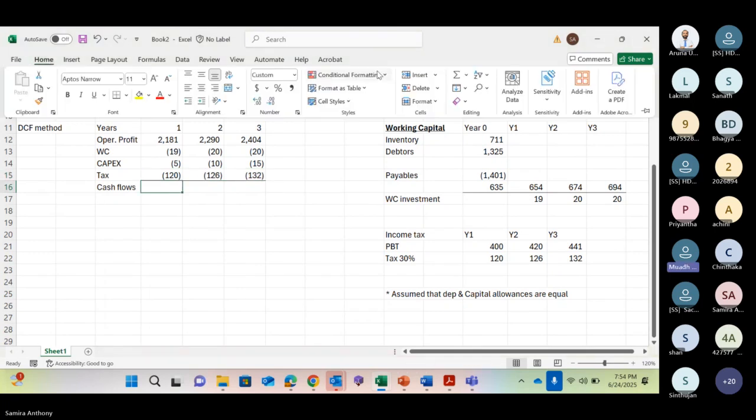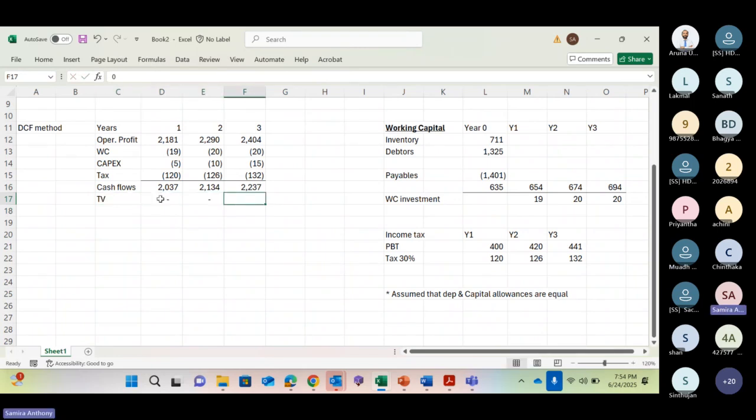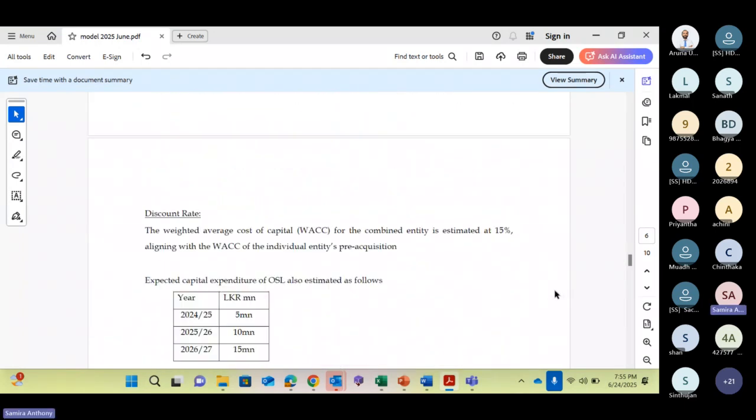Sir, in this case, we have to again deduct the... You already deduct the depreciation, right? Okay, sir. Thank you. Right. Now put the terminal value at the third year. Third year terminal value, they said the third year cash flow will increase annually at 3% growth rate up to perpetuity, right? And for the ease of calculation here, WACC has been given 15%, right? Therefore, no need to calculate that.